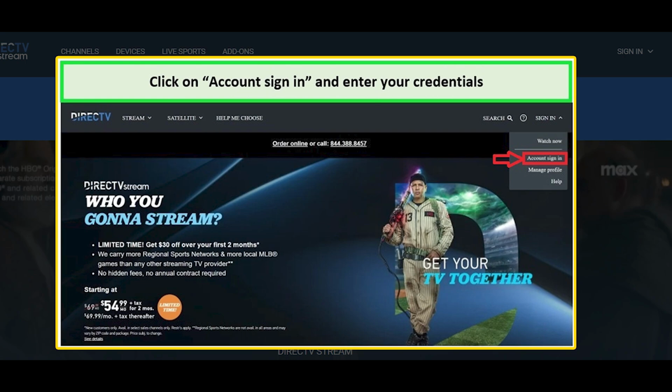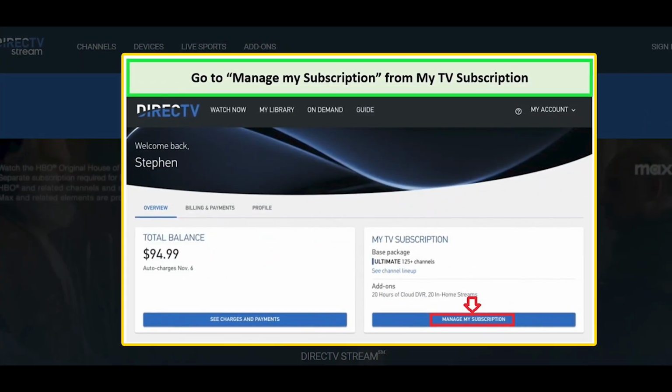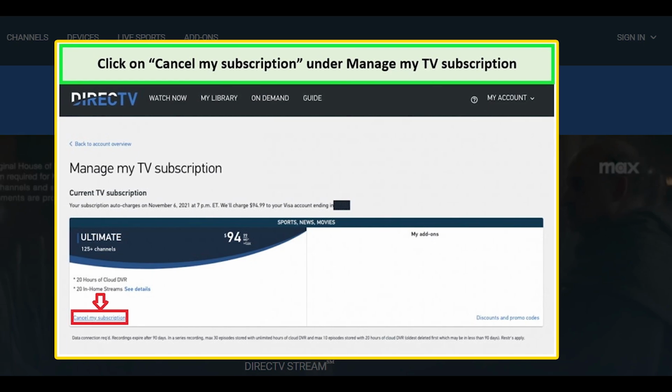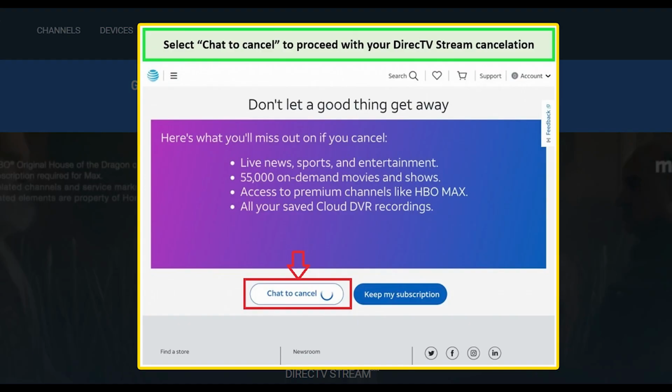sign into your account. Go to your account details section and then go to My TV subscription. There, hit the Manage My Subscription button. Now click on Cancel My Subscription to terminate the services. If you are determined to cancel DirectTV after going through the offers provided by them, click on the Chat to Cancel button. You will be provided with a confirmation message where you can click on Got it to confirm the